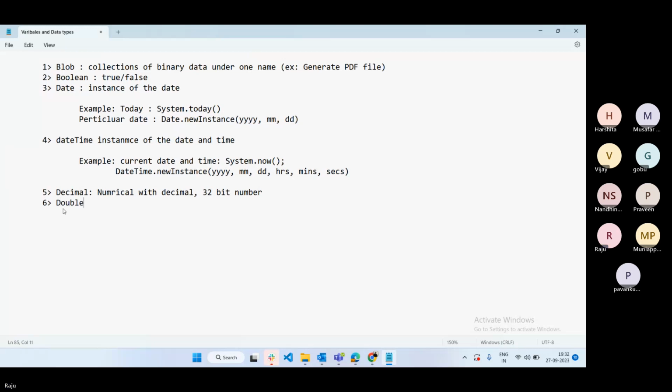Next one is double. What is the difference between decimal and double? Double also is a numerical value with decimal, but it is a 64-bit number. Okay, it will allow more numbers compared to decimal. So the seventh one is